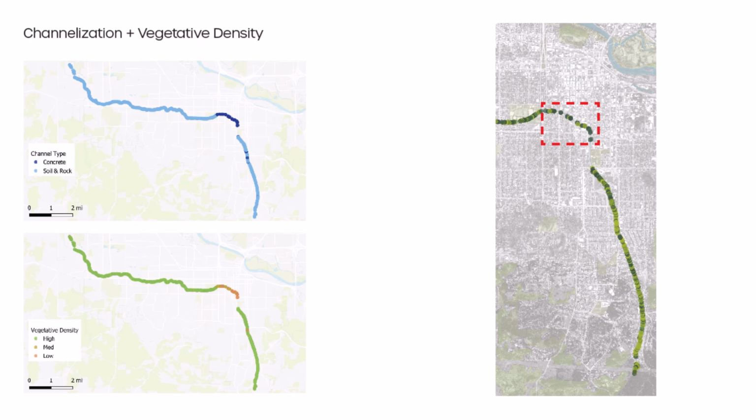One of the features that I recorded with each point is whether it was in an area that was channelized or not, channelized in concrete. So that gives me this really handy, clear little map of areas that are channelized on the top in blue versus the overall vegetative density, which pretty much was high everywhere except for this little area where it was mostly